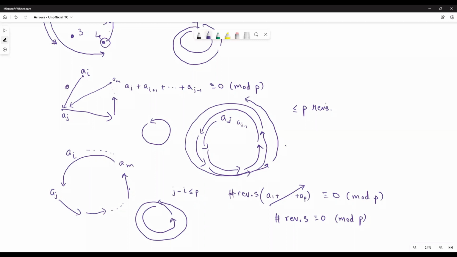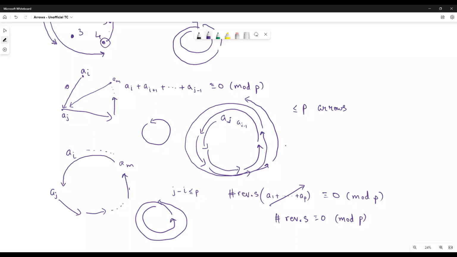If we reach the same starting point again, then we have a cycle and we're done. So each revolution has, sorry, at most p consecutive strings, since every number is repeated p times at most. We have at most p arrows because there are p numbers. There can at most be p arrows,